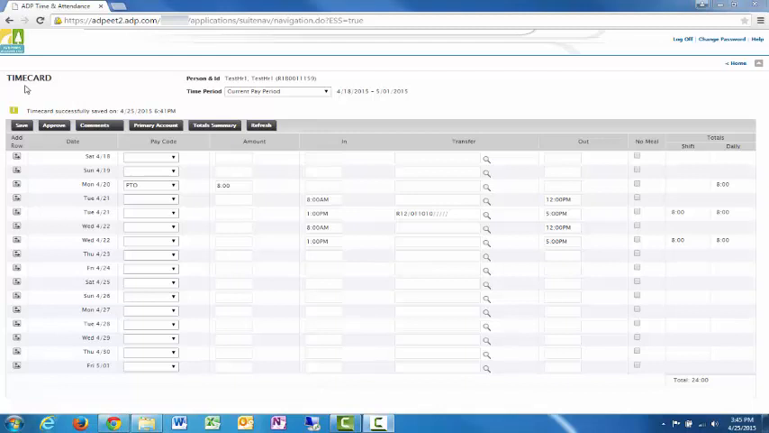On Thursday, I left early and only worked 4 hours in the morning. I will enter 8 a.m. in the in field and enter 12 p.m. in the out field. In order to debit my PTO hours for the 4 hours I did not work in the afternoon, I will